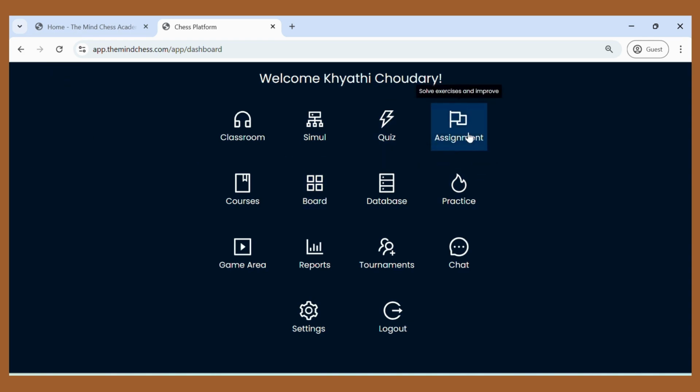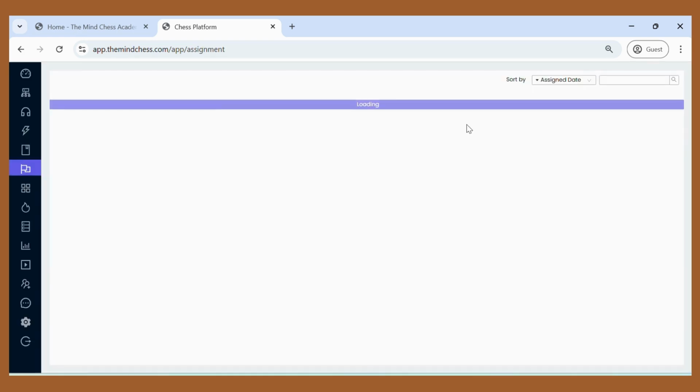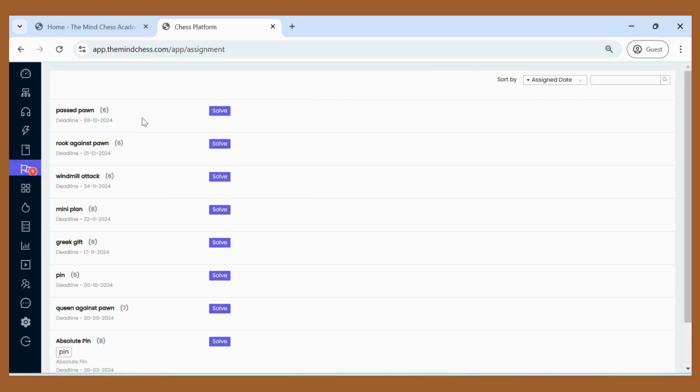And the assignment, this is one of the important tabs. After the class, coaches will give you assignments as homework. So to solve that, you have to come to the assignment tab. Here you will see all the assignments given by the coach and what the deadline is also. For example, passed pawn